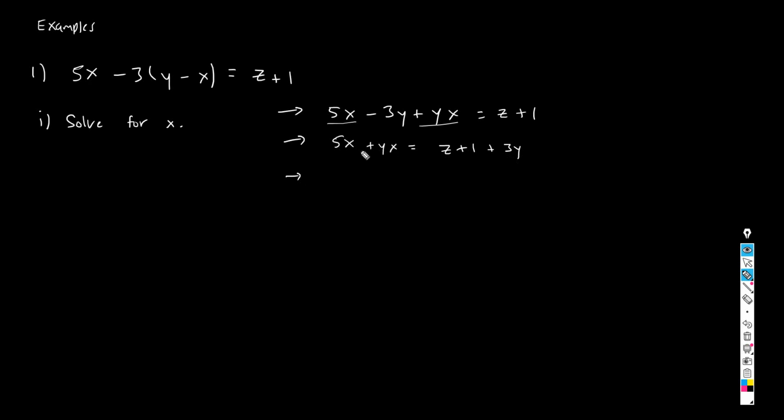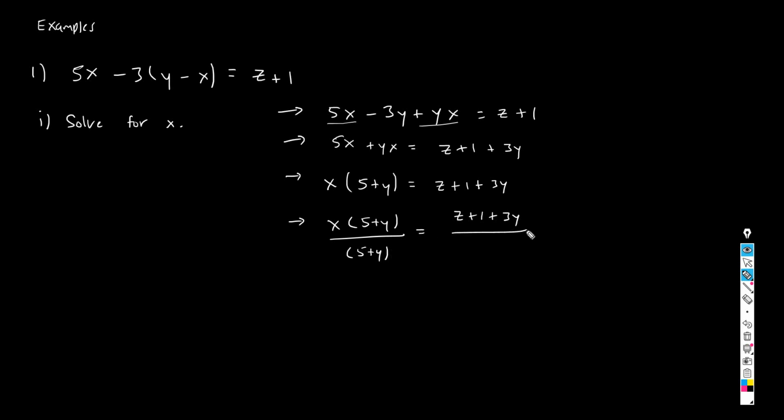And then, why do I want to keep my terms with x in the left side? Because it's a good idea to factorize. Look, these 2 terms, this term and this term, share the common factor x. So I can factorize in this way. You see? And finally, since x is being multiplied by all of this number, consider all of this as a single package, a single number. Then if we divide both sides over such number, you see, I'm dividing both sides by such number,